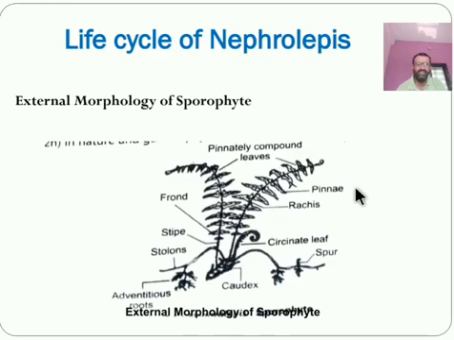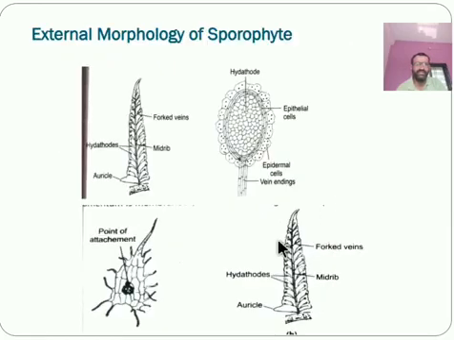Each pinna or leaflet is about 6 to 8 centimeters in length and 2 to 3 centimeters in width. Let us see here the structure of a pinna. They show a distinct midrib with forked lateral veins. These forked veins are present on the leaflet, ending toward white dots on them, which are called